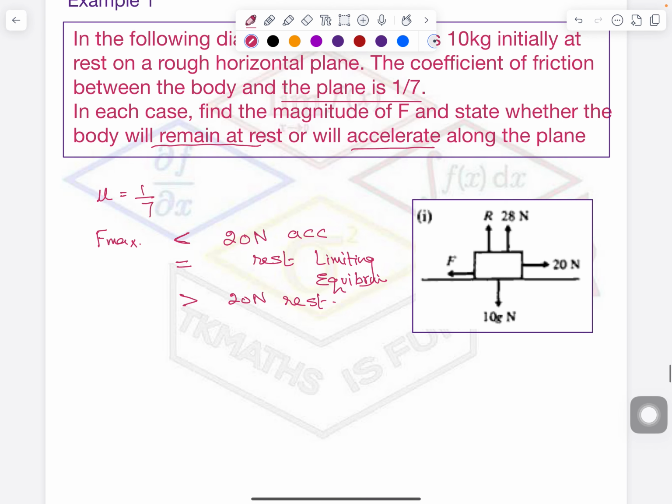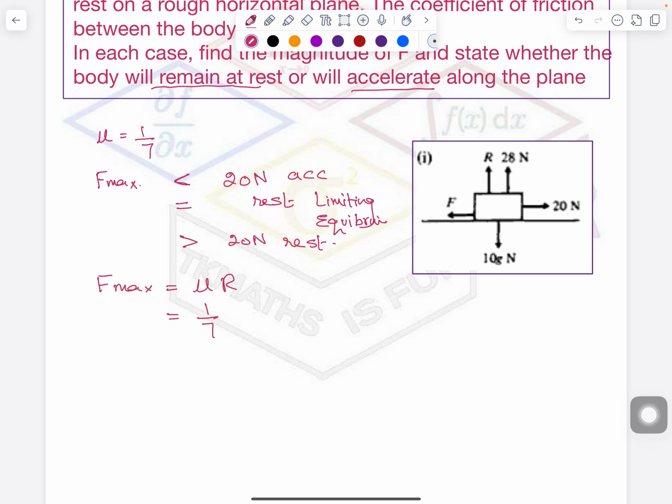Okay, so let's find the maximum frictional force. We know the maximum frictional force is equal to mu R. Mu is given to us in the question, but R we don't have, so we have to calculate R first. R is a vertical force, the normal force between the object and the surface, but at the same time there is another force, 28 Newton. It means the vertical forces are equal to each other. So to calculate R, I will put upward forces equal to downward forces. So it will be equal to G, which we will take as